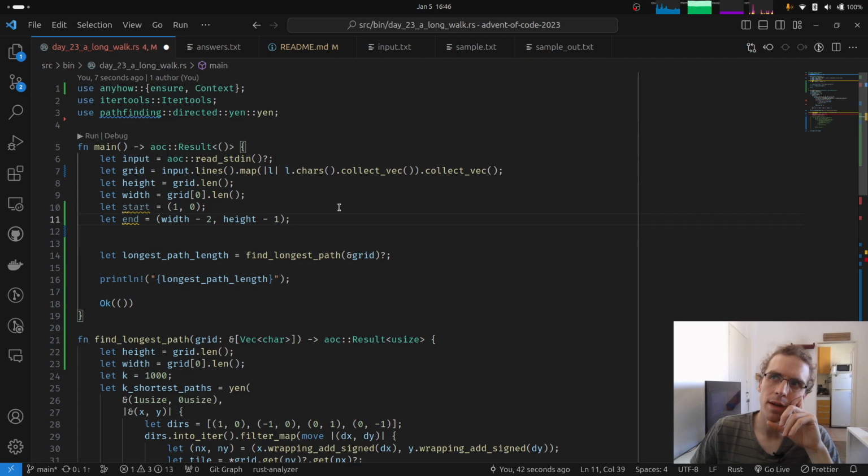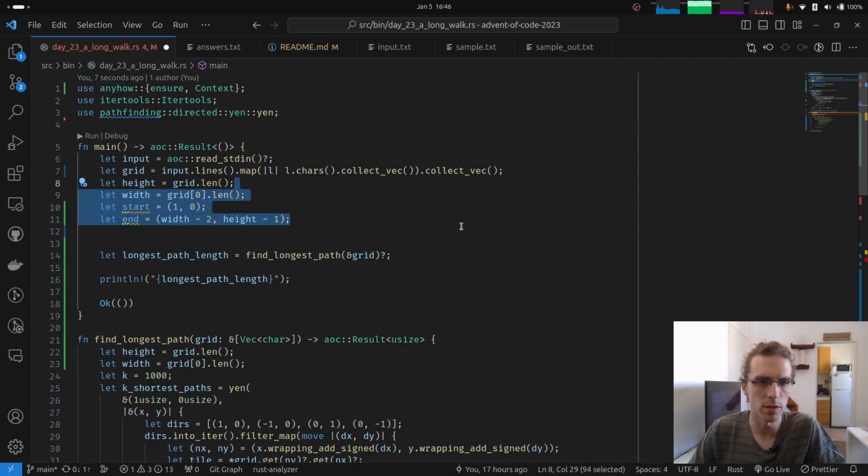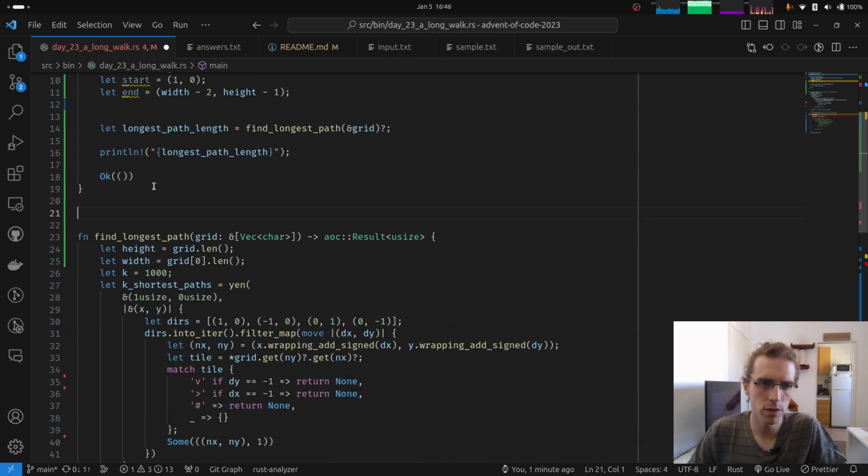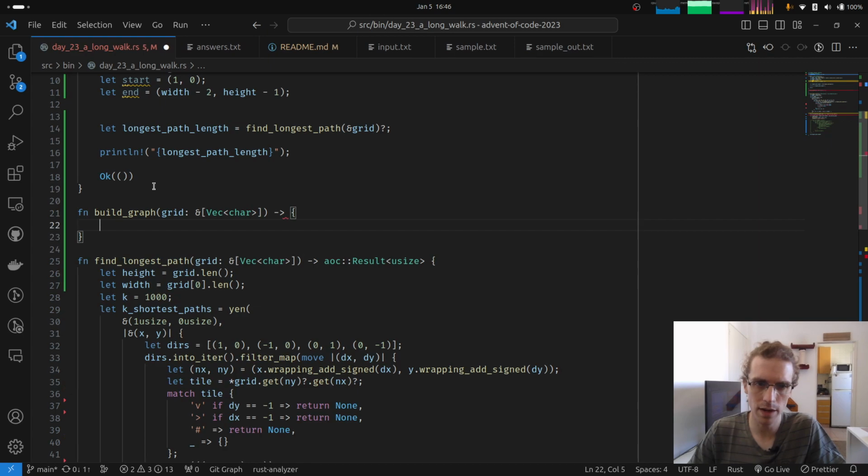Yeah, but I don't want to do recursion, so an iterative algorithm like breadth first or depth first, something of that sort, to build the graph. So actually I want something similar to this function, but just call it build graph. It's going to take a grid, of course. It's going to return a graph, which I don't know what it will be,